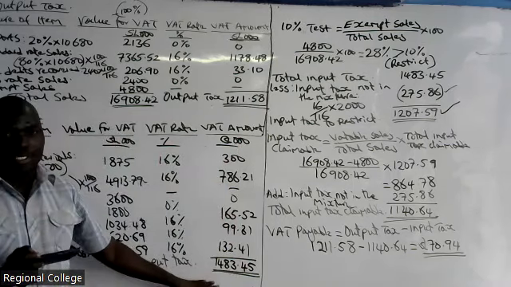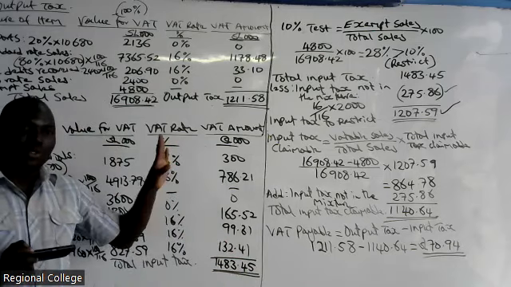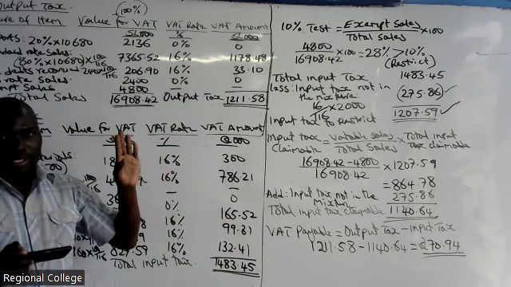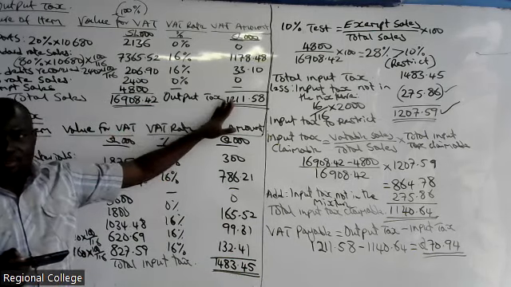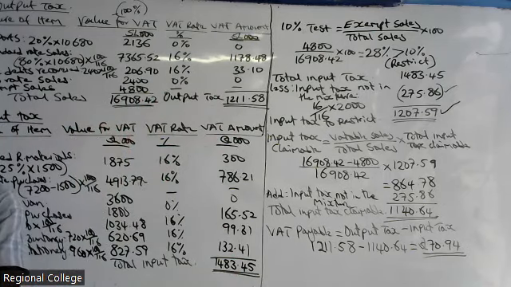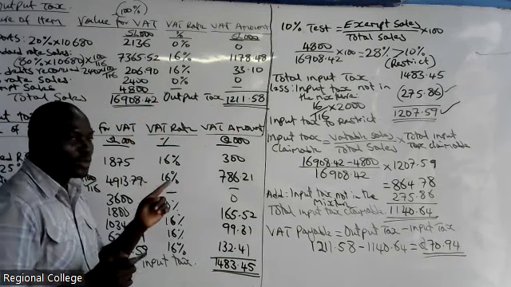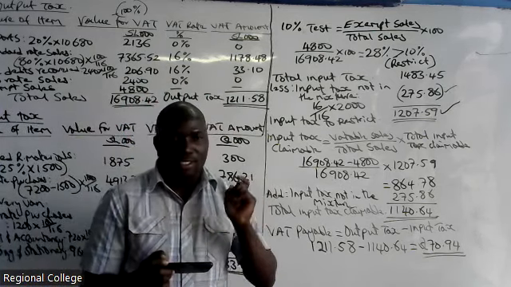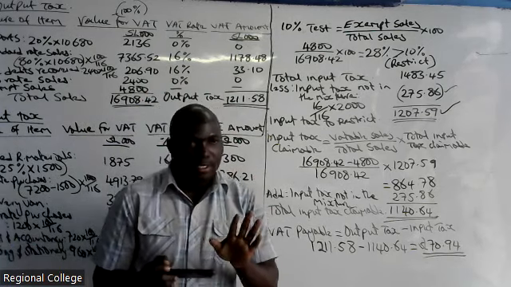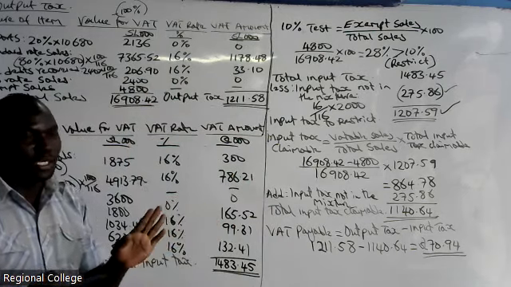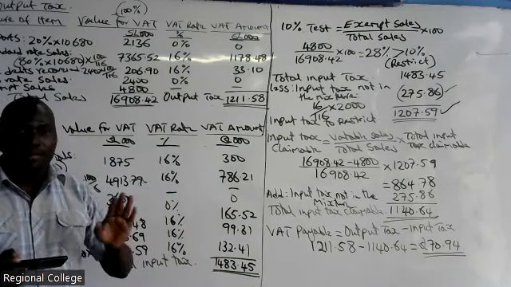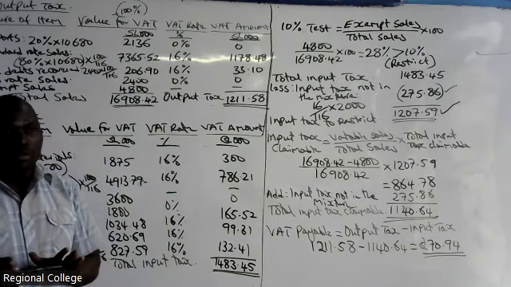you were charged VAT of 1483. Yes. And when selling you exempt some items, right? And that's why the output tax was less. So the government will not have issues with you only if your exempt sales are not more than 10% of your total sales. So if the sales exempted are up to 10% of your total sales, then we tell you okay, they have not exceeded 10%, claim everything. But if the exempt sales are more than 10%, then we need to find a way